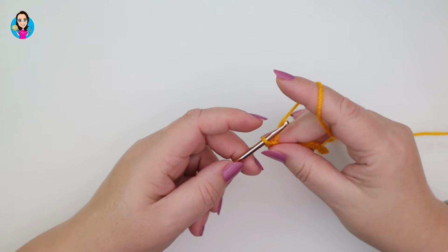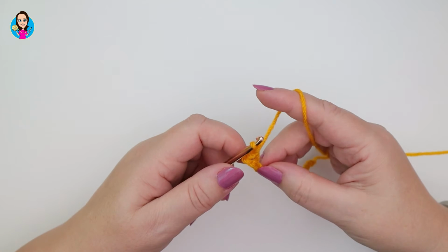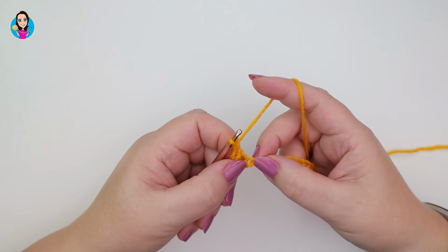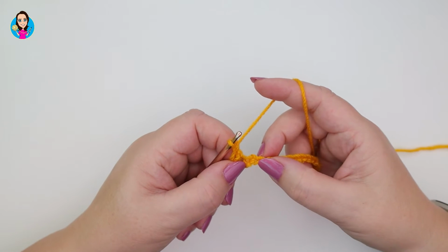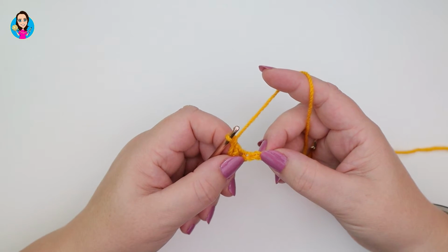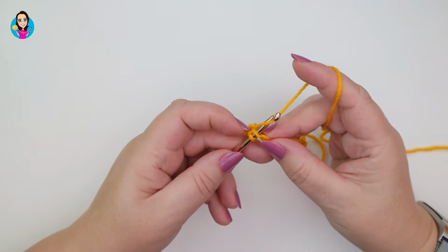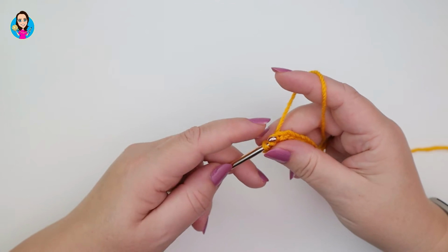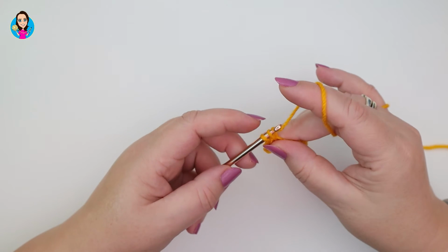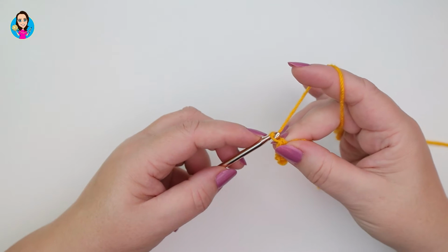We're then going to chain 1, so yarn over and pull through the loop on your hook. We're going to skip the next chain and we're going to work in the one after that, and we're going to do another double crochet. So we're going to insert, yarn over, pull through, 2 loops on our hook, yarn over, pull through the 2 loops, chain 1,